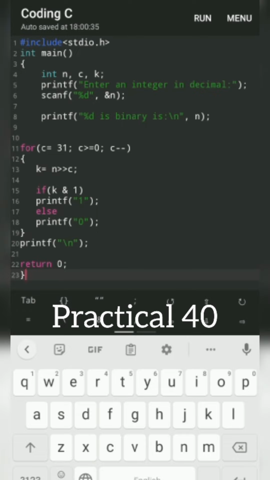After declaring the variables at line number 4, int n, c and k, I have used the printf command just to initialize the value of n. Here n is that integer value which is in decimal, and I want it to convert into the binary number. Scanf and printf are used to initialize, and another printf on line number 8 is used to present that decimal number as a binary number. That percentage d is in binary,